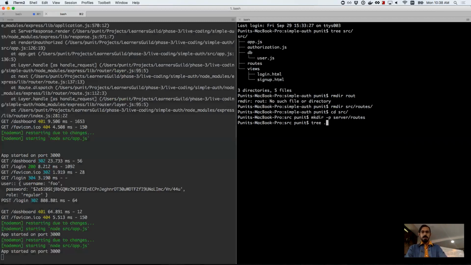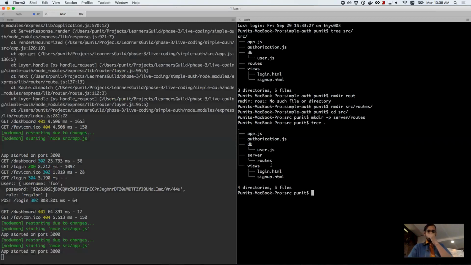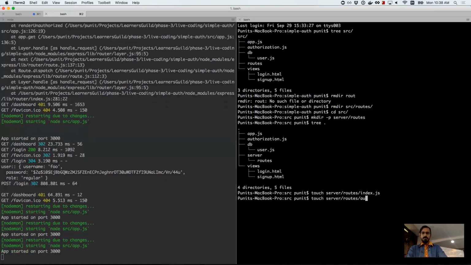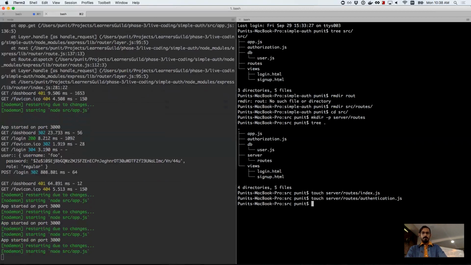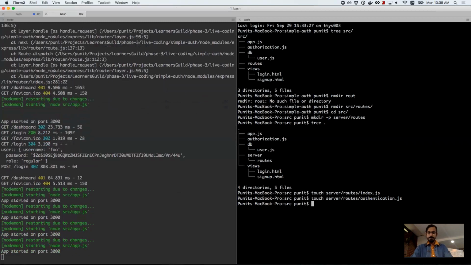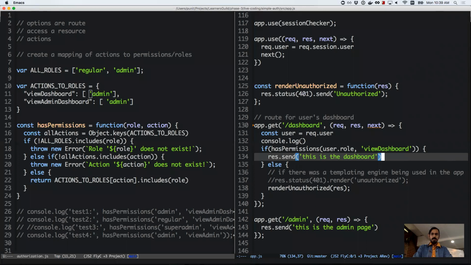Okay, so now I have folder routes. So I'm going to touch server routes index.js. Okay, so let's start with these two. So in my index,